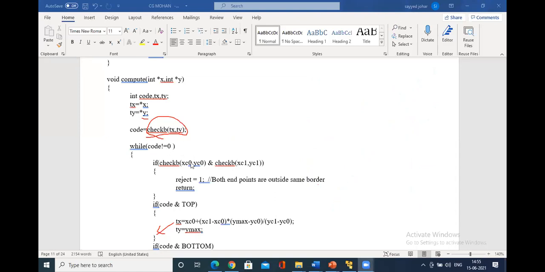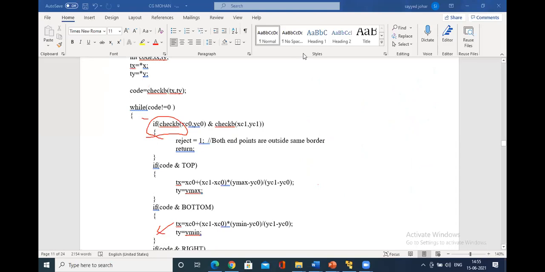Then what do you do? While code not equal to 0, you have to compute. You have to compute whether it is accepted or rejected. That is, do the AND operation, check xc0, yc0. So this is for the case the line lies in the same border.